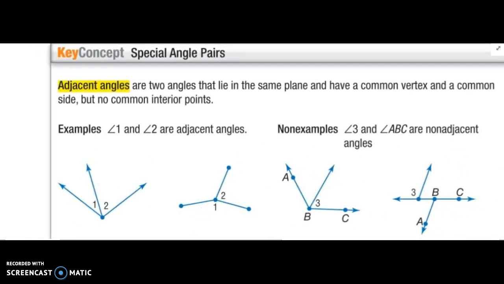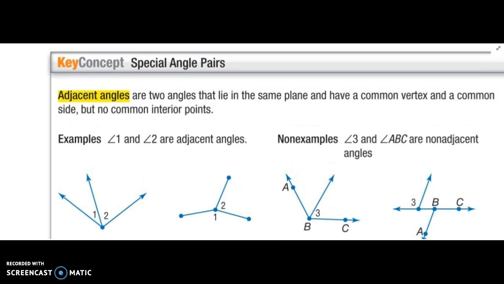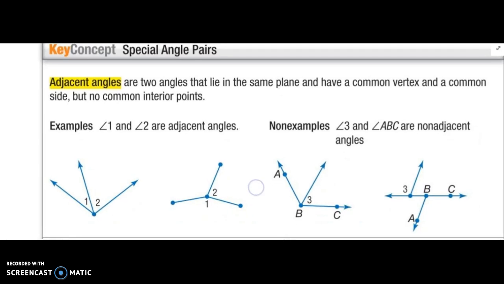Adjacent means next to or beside. Like if your next door neighbor, their house is adjacent to yours. It's next door. So adjacent angles are beside each other, but it's more specific than that. They have to have a common vertex and a common side, but no interior points. So basically what that means is that they share a side